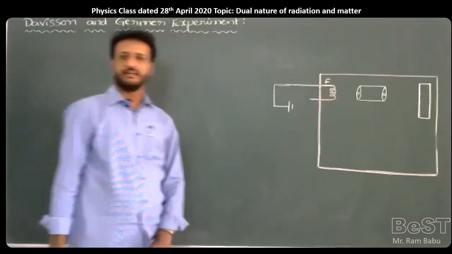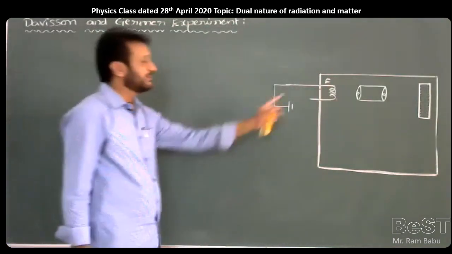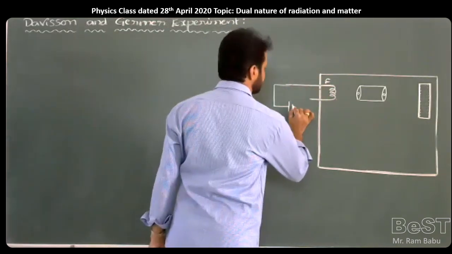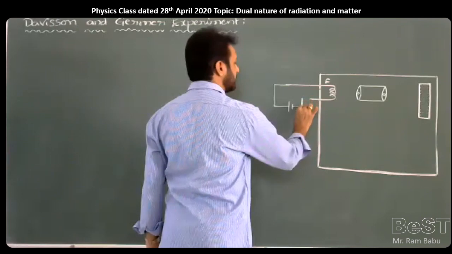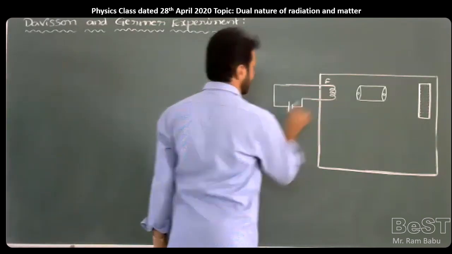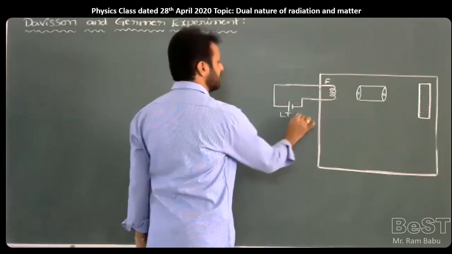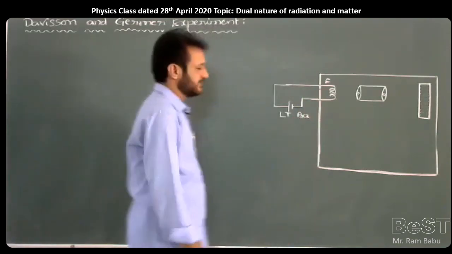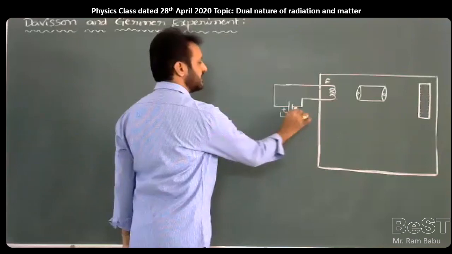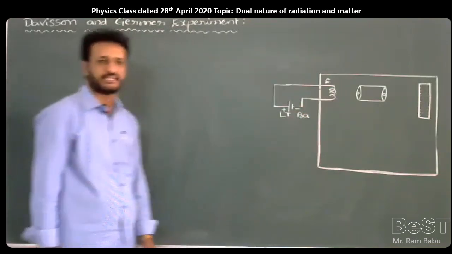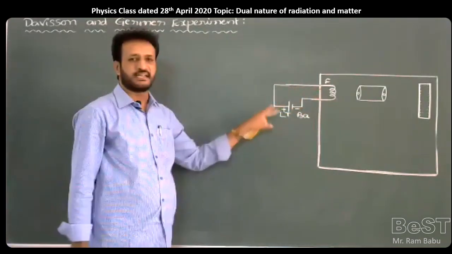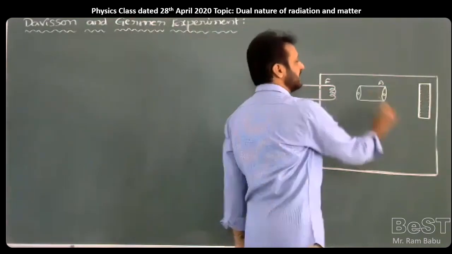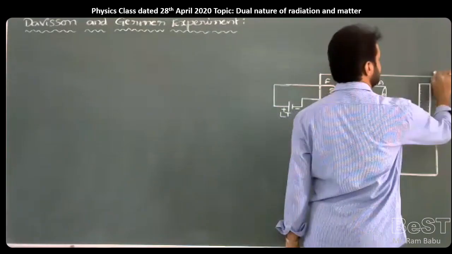The filament is generally made of tungsten coated with barium oxide, and this electron gun is connected to one low tension battery, one DC battery we are connecting like this. It is the low tension battery. We can provide a suitable potential difference. So the left side is positive and the right side is negative. One simple battery is connected here. So this is nothing but the electron gun, and it is the anode. May give the symbol as A. It is the nickel crystal.